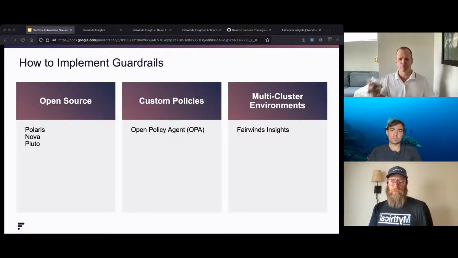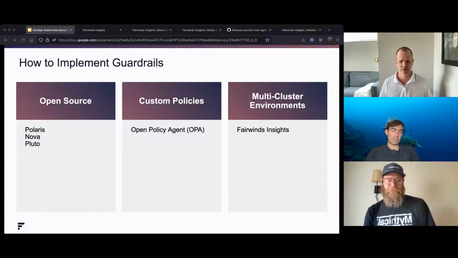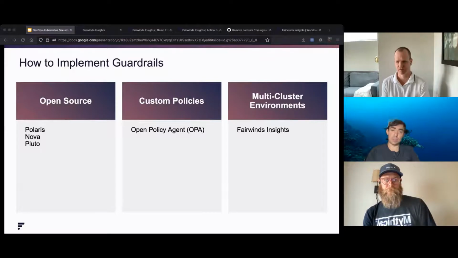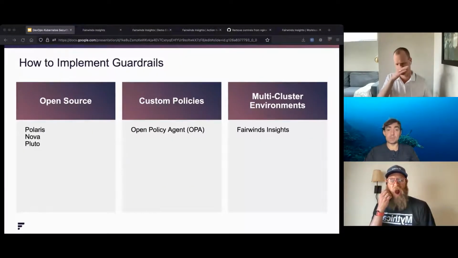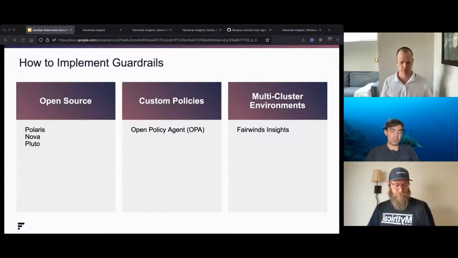Great. And when you implement all these things and you find out of the box you have a whole bunch of nice checks, but you still need to write some custom things, talk about OPA and Open Policy Agent, Robert. Yeah, so as Ivan explained, the open source projects come with a bunch of great out-of-the-box checks that are applicable across organizations. But sometimes your organization might have some special requirements around what can and can't be done.